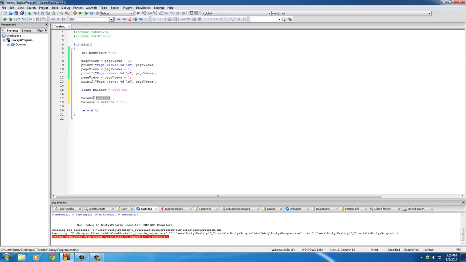So this is pretty much a shorthand way of writing this. These do the exact same thing. I know this is kind of awkward to look at, but once you do it a couple times, it's going to become like second nature. So like I said, this is taking the old balance, multiplying it by 1.1, and then returning that new